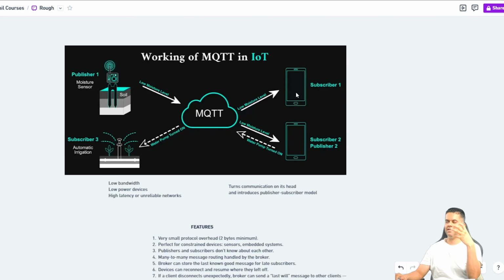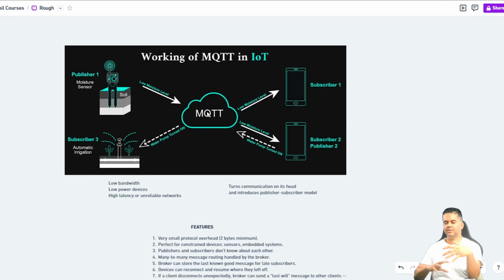And there could be some devices like a mobile phone that's actually listening to that information. So think of your home automation devices, where with your phone you can switch on your AC, you can change the temperature in your thermostat, you can switch on the air purifying device, or you can open up a garage door. All of that's happening because there are tiny IoT devices which are connected to the internet, and your phones are also connected to the same internet. So home automation was just one use case. There are like hundreds of use cases.